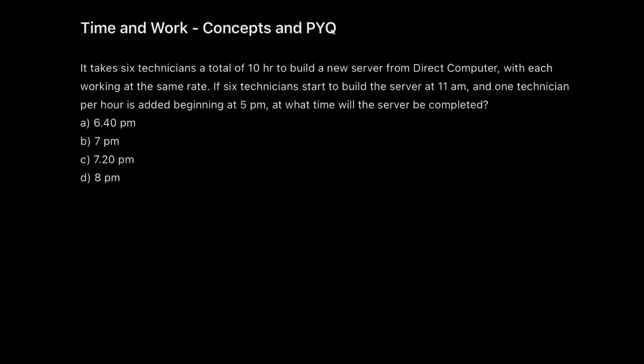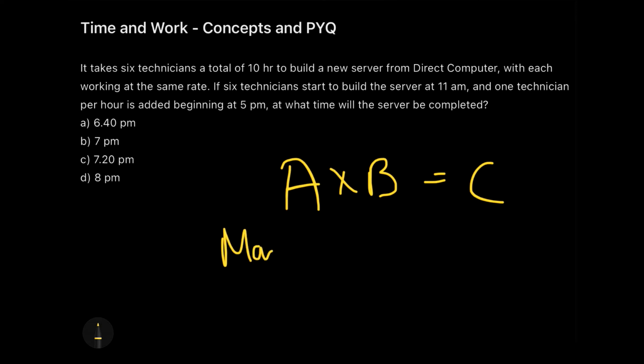What information is required to solve this question is pretty much related to the same chapter we did before, that is time, speed, and distance. While teaching you the concepts of time, speed, and distance, I told you that this is nothing but a chapter of A multiplied with B is equal to C, which means that if we multiply two terms, the product is constant. So here, in the case of time, speed, and distance, we took it as time into speed is equal to distance. And in the case of solving time and work questions, we would be considering this to be the number of man hours.